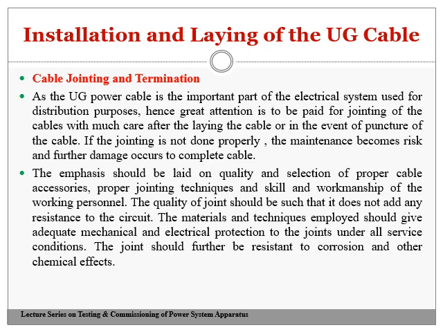If the jointing is not done properly, the maintenance becomes risky. Further damage may occur to the complete cable. That is jointing, as I said already, the jointing comes after the termination. The jointing or maybe breakage of the cable takes place once it is under proper operation, and after aging, due to a fault occurrence, it may cause damage to the cable, and at that time the jointing comes into the picture. But if this jointing is not done properly, the maintenance becomes a risk factor, and further it may cause complete damage to the UC cable or underground cable.